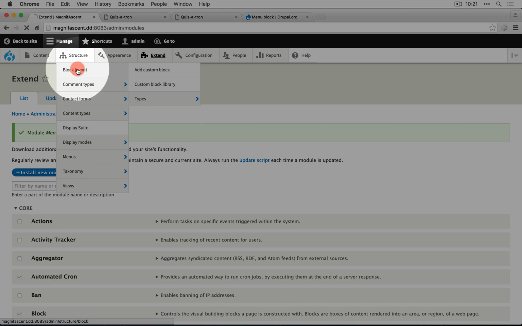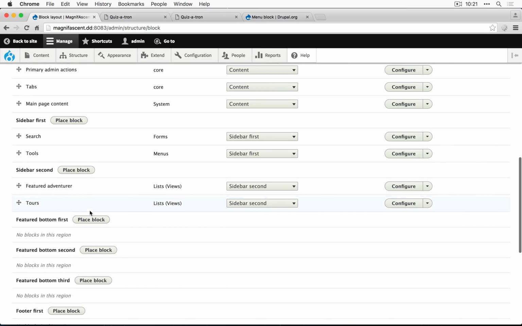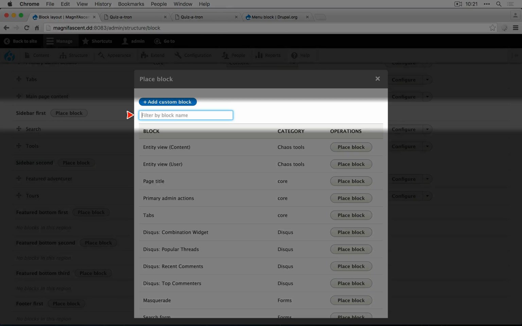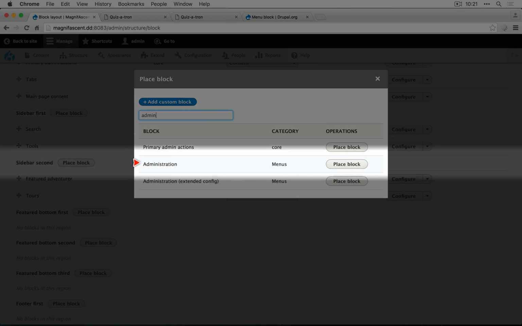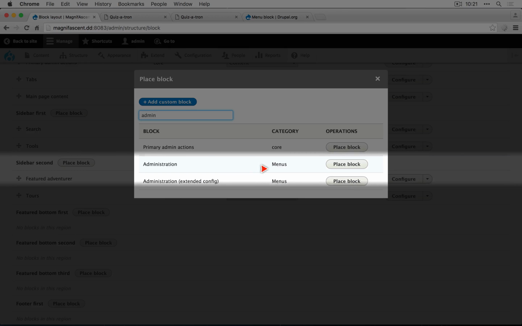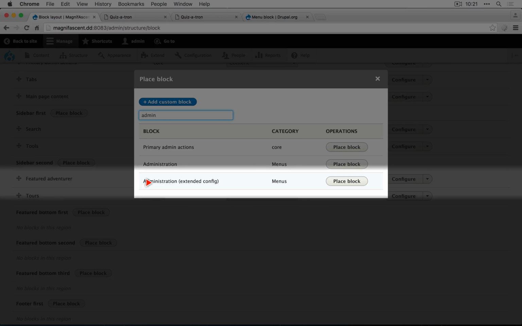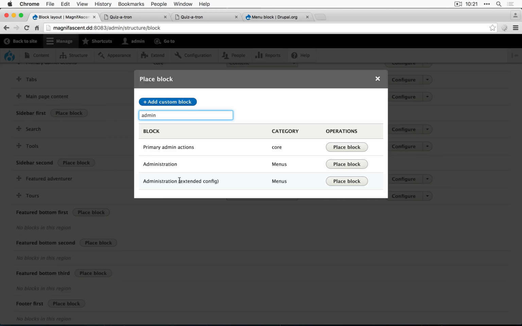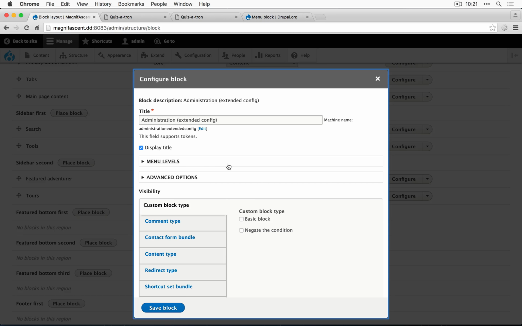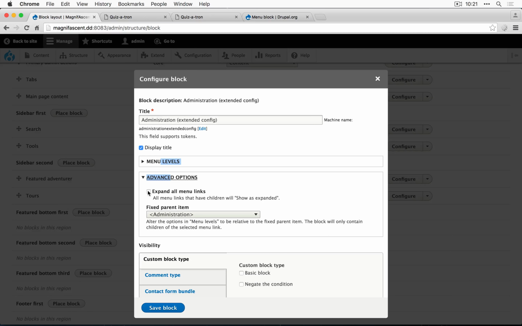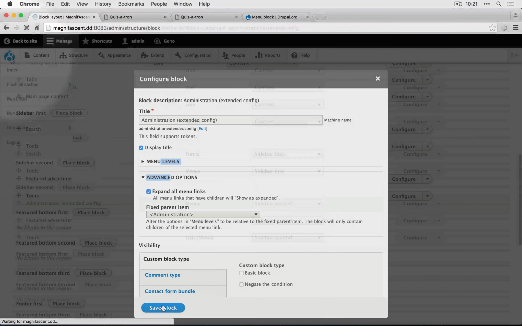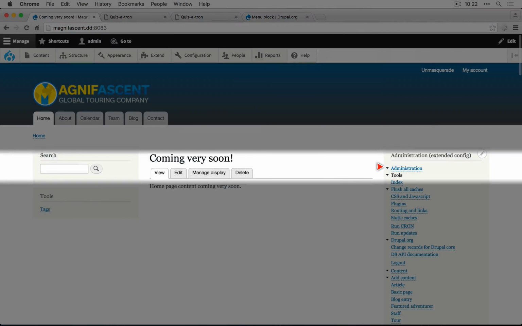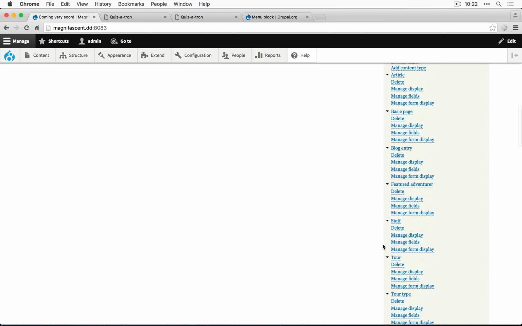We'll go to Structure and Block Layout. We'll add this in the sidebar. We'll click Place Block, and let's type in Administration. So now, in addition to the Administration menu, we also see Administration Extended Config, and that's the one we want now. We'll click Place Block, and under Advanced Options, we're going to select Expand All Menu Links, and let's click Save Block. Let's go to our home page, and now in the sidebar, we see all of our administration menu